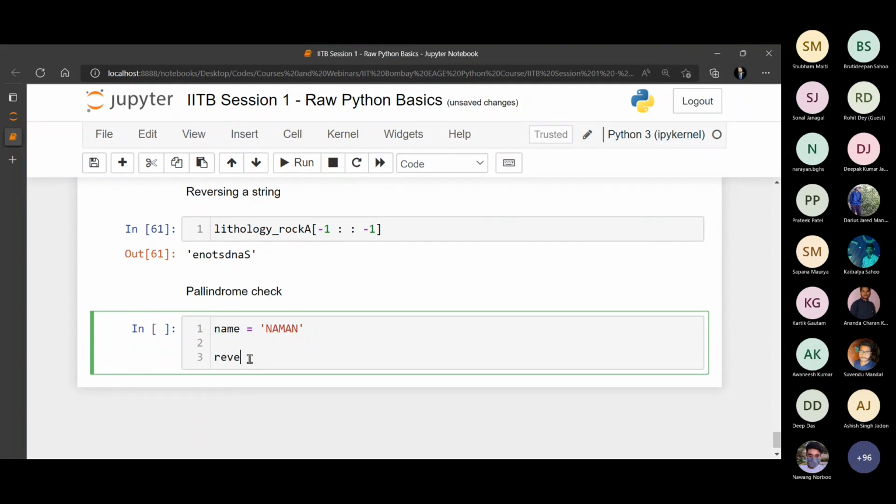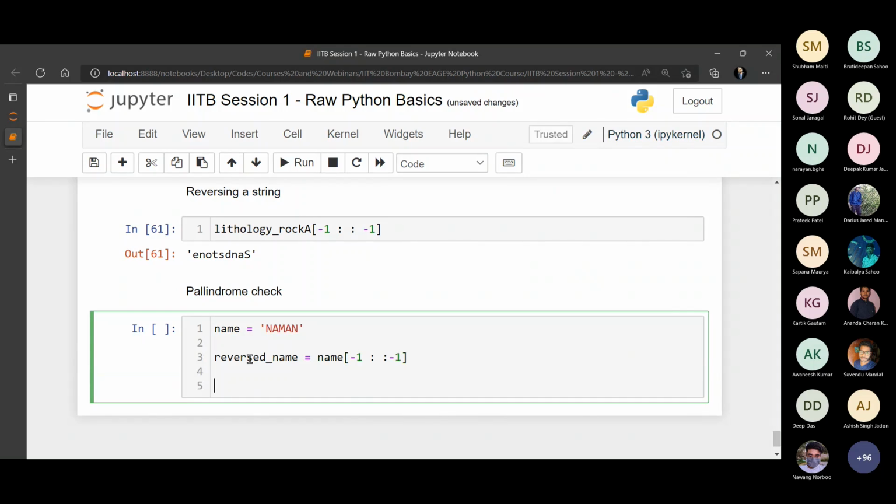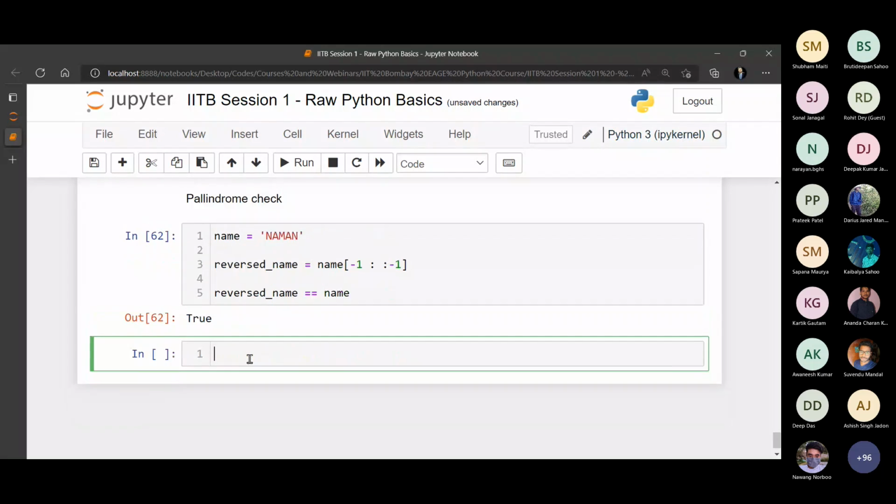So I can reverse the name with start, stop, and step size of -1. And now, as I told you, we have a different way to compare equality. You can see reverse name double equals name gives True, which means this is a palindrome. Palindrome is something which